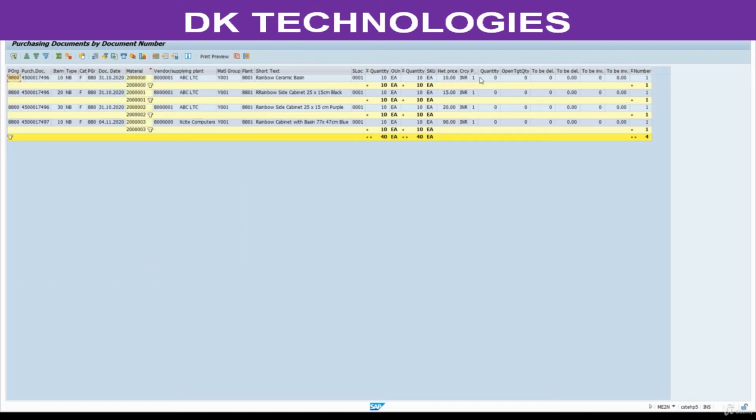Now, if you want to remove any, you can remove the fields. If you want some other fields as well, like this price, this to be quantity, click on totals. I need this one as well. I want to do summation for all this. Select like this. Click on this totals.